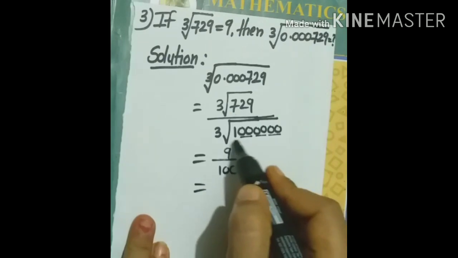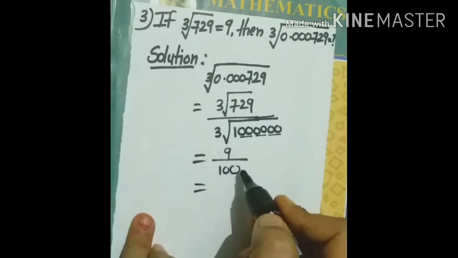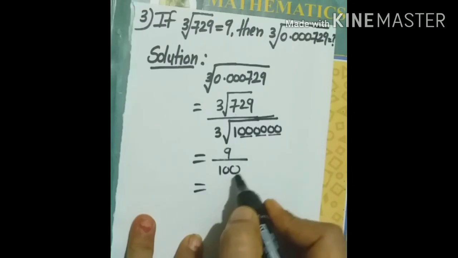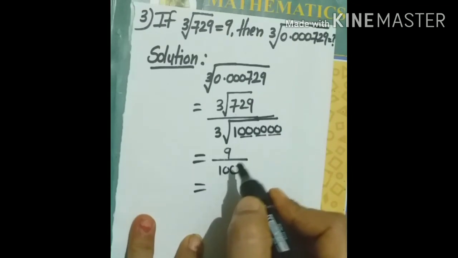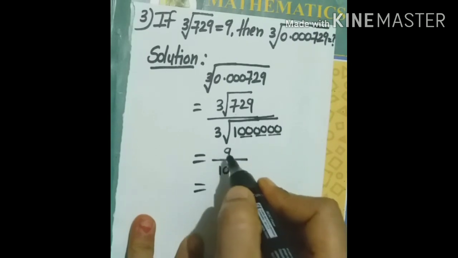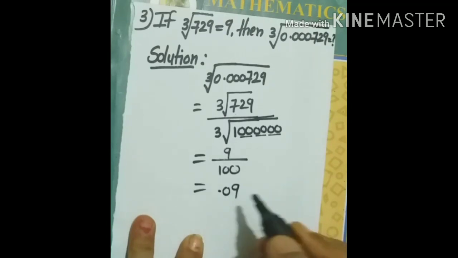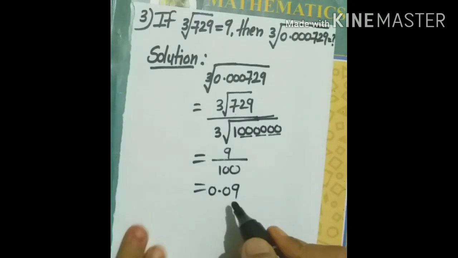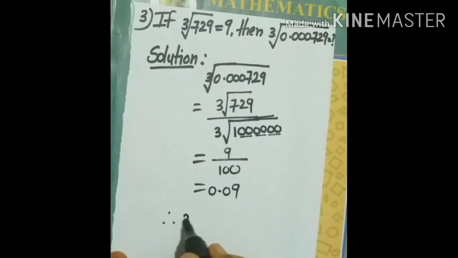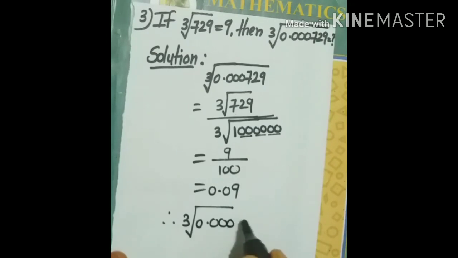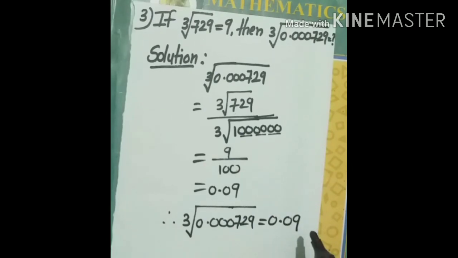Now this fraction we have to convert into decimal, children. So here how many zeros are there? 1, 2. But here what is the digit? Only 1. So 9 and 0. 1, 2, now after that give the decimal. And here nothing is there, so take 0. It means, children, cube root of 0.000729 equal to 0.09. Question number 2. Do yourself.